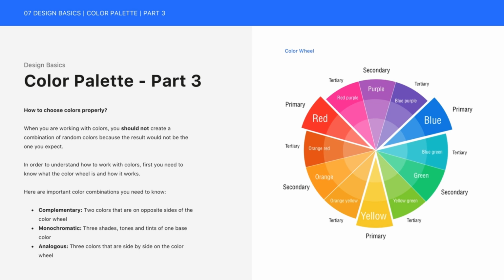If you look at the right side of the picture, you can see that we have a color wheel here. As you can see, we have monochromatic. For example, if you look at the red, we have 3 different shades or